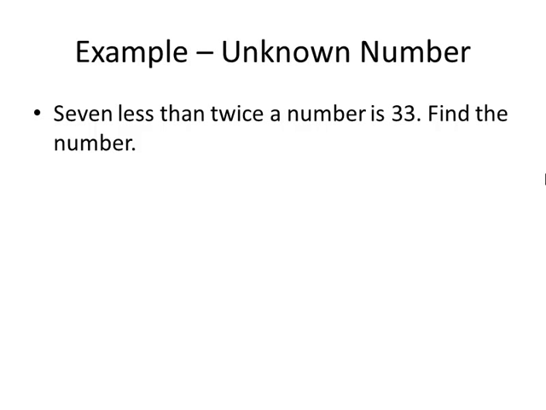It says 7 less than twice a number is 33, find the number. Okay, so in this problem, we only have one unknown, and it's called the number. Now we need to choose a variable for that, and I'm going to use x. You could use n for number if you'd like. But now we need to translate that first sentence into an equation. So as I'm reading,